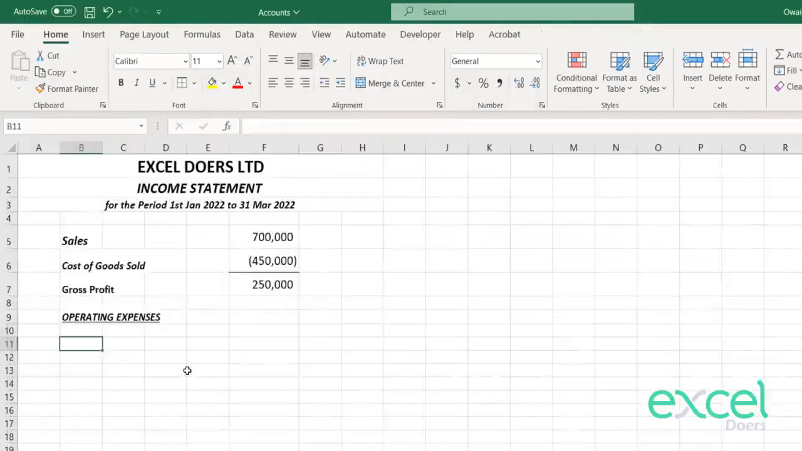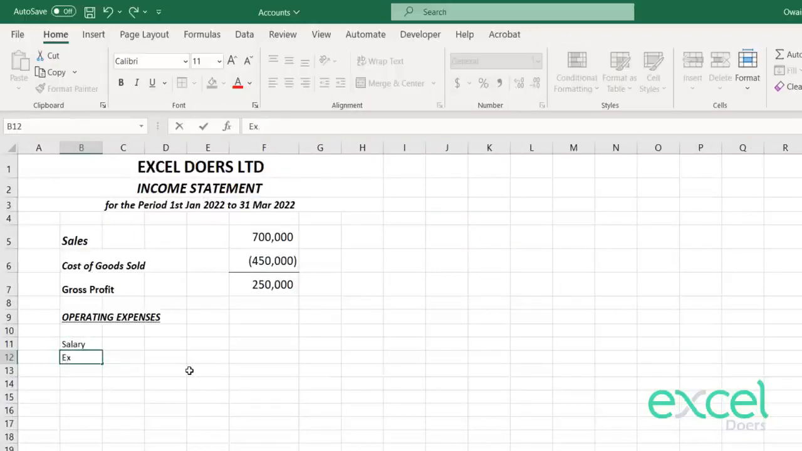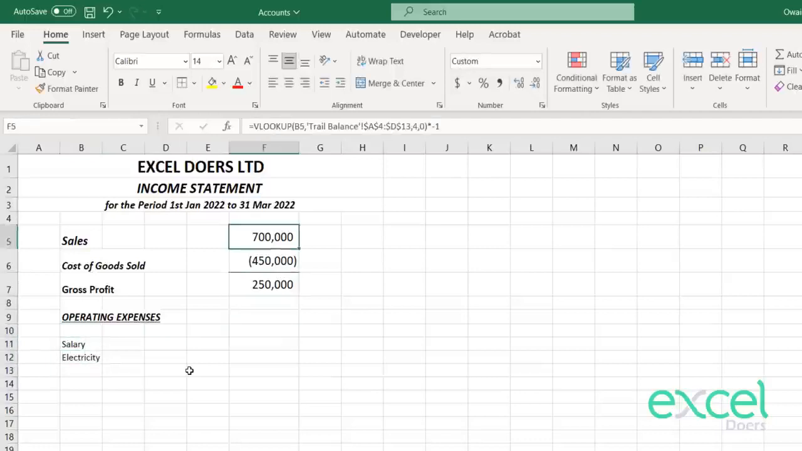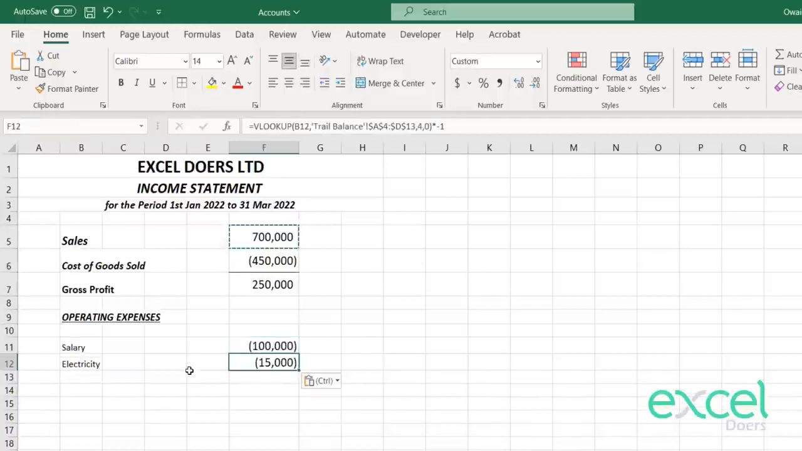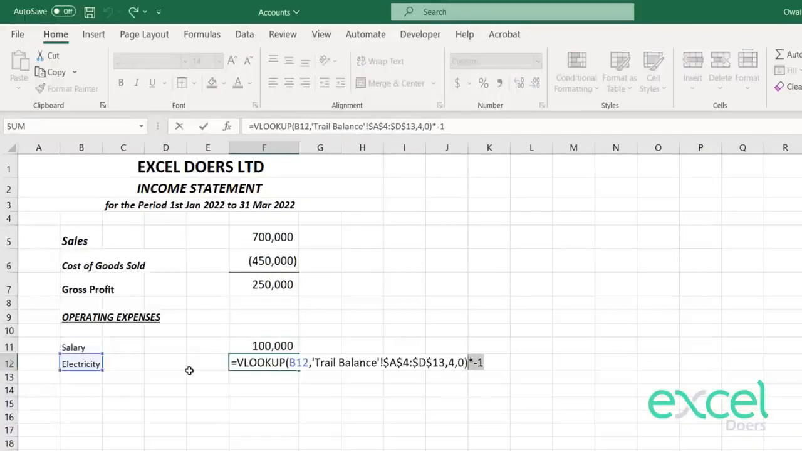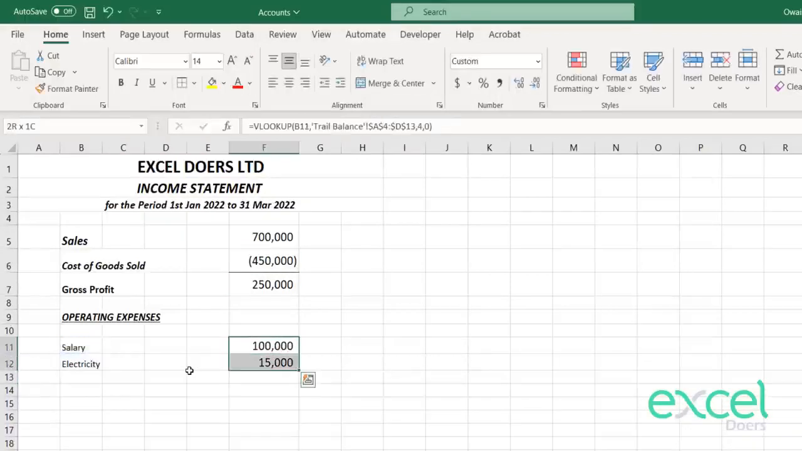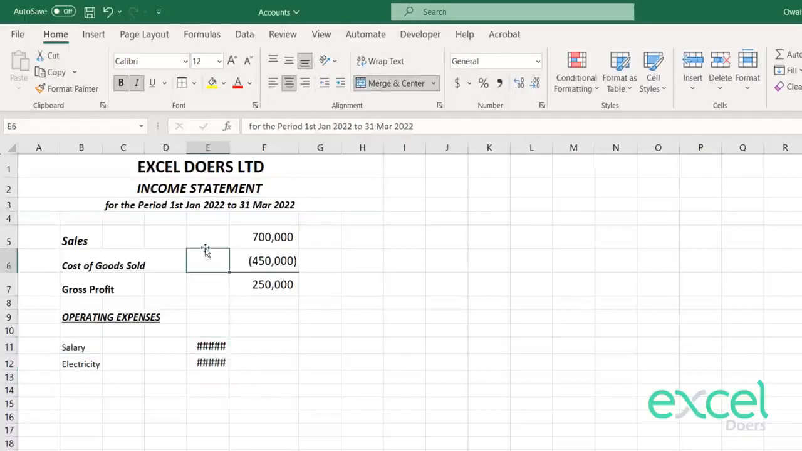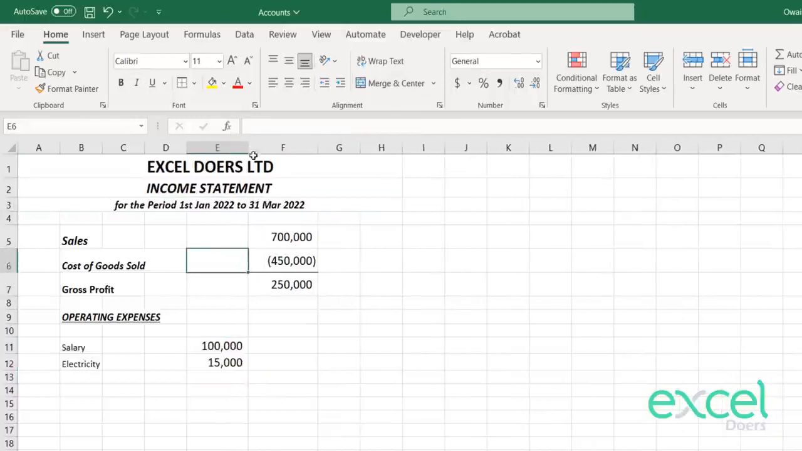So salary and electricity, right? The same formula you can copy and paste here. You can remove this sign here because we are going to total them, and then we will reduce them. So we will come a column before here for presentation purposes. That's how on standard we prepare our income statement when we list down all the expenses,